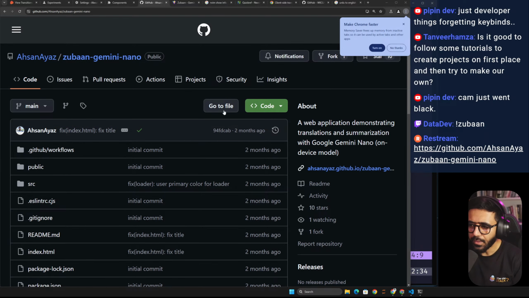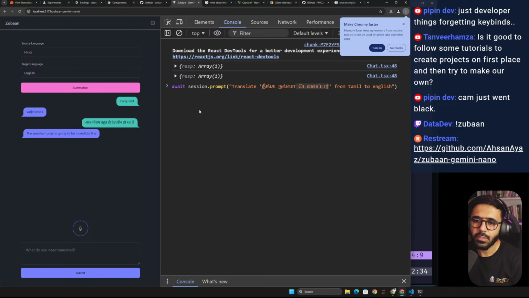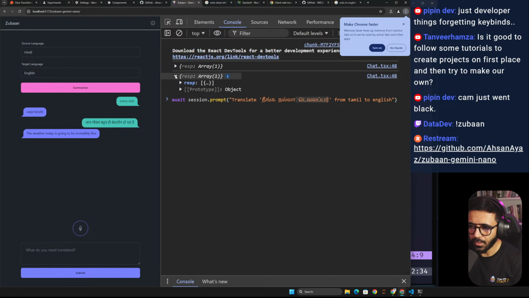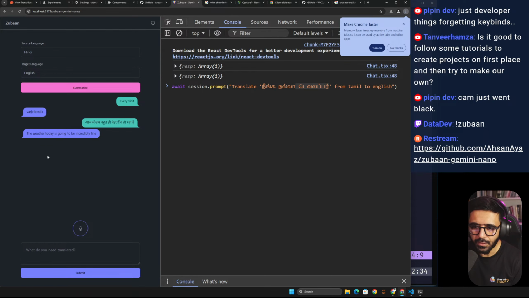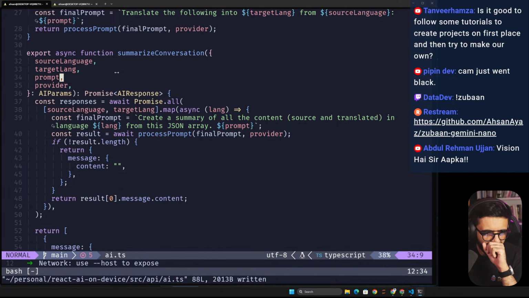You see it there. So this is built with React and it uses the Google Gemini Nano built-in model in the browser to give us what we are looking at. So it works with both microphone and the text box. I think there are two things that could be improved. One, we should be keeping the options selected in local storage or something, so